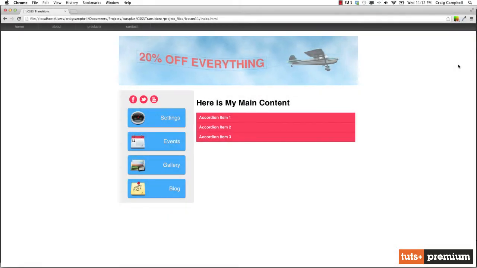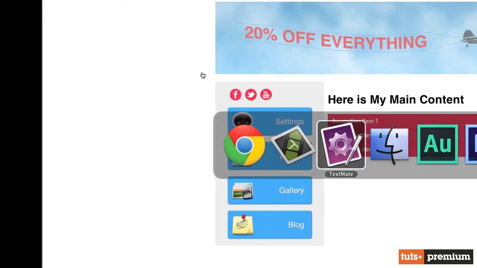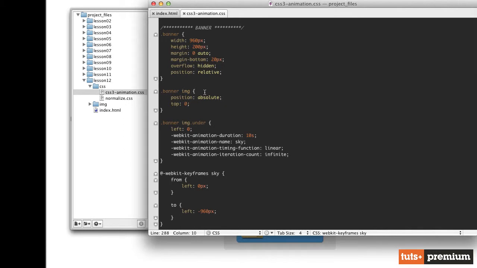Okay, I hope you figured out how to do this yourself, how to move this plane at least from left to right. If not, then I'm going to go ahead and explain how to do that here, and then we'll add extra keyframes. So let's jump back into our CSS file, and I'm working in the lesson 12 folder, but